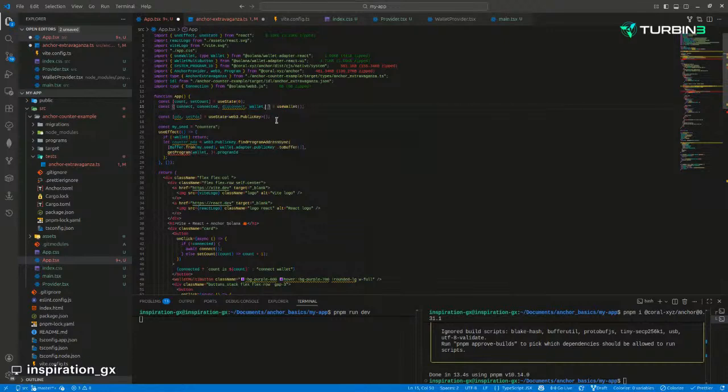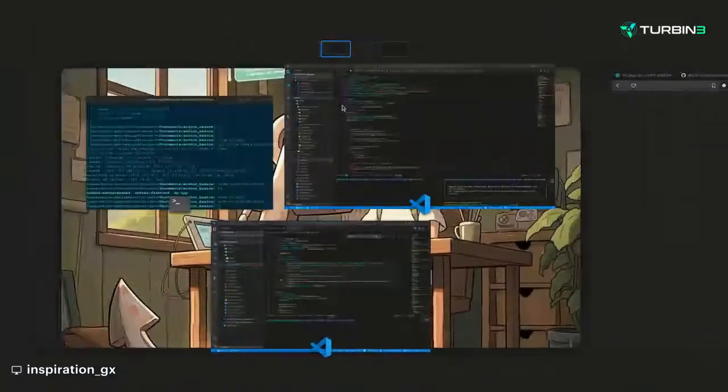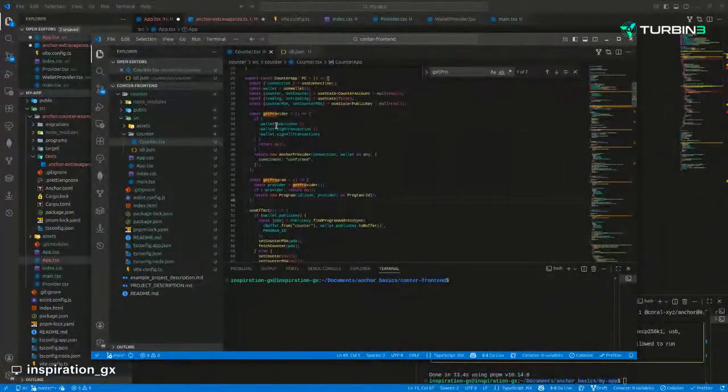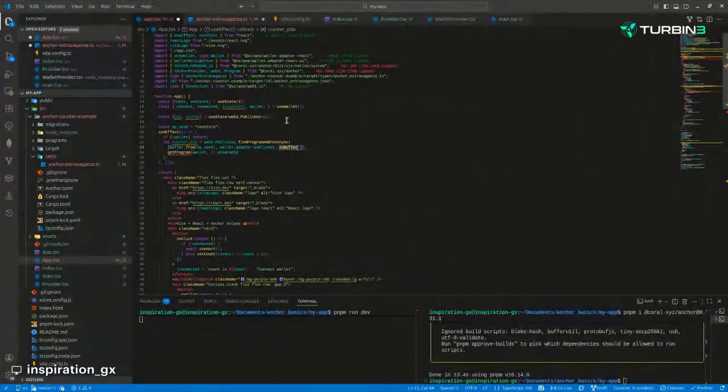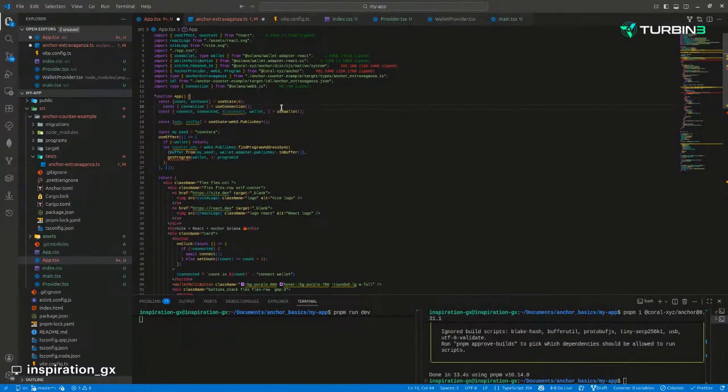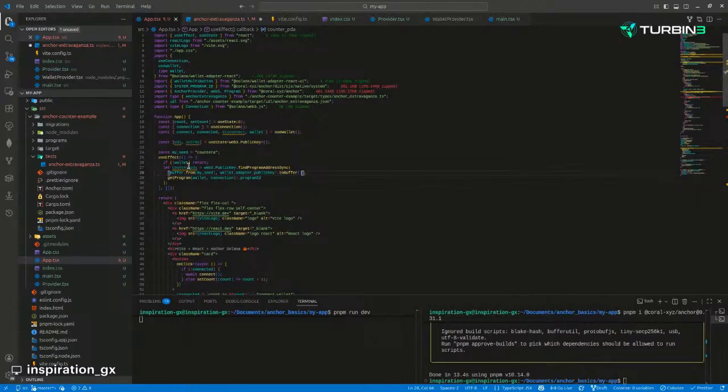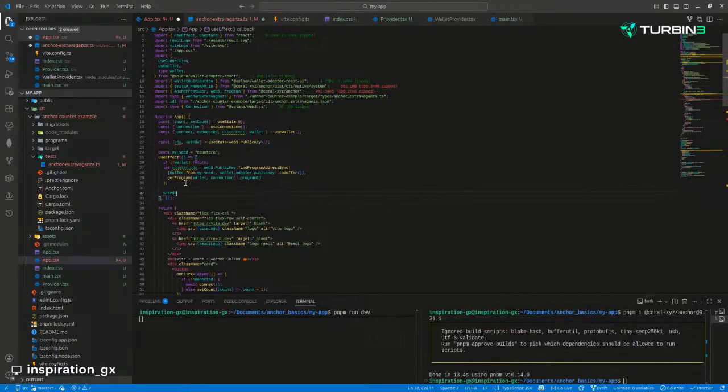Nope. Connection is, let me check. Yes, as a reference. Connection is use connection. So yeah, I can have a connection. And it's telling me, okay, now I have a counter PDA. Then we set PDA,